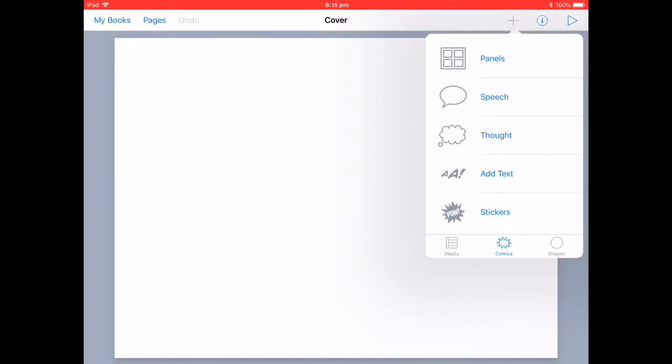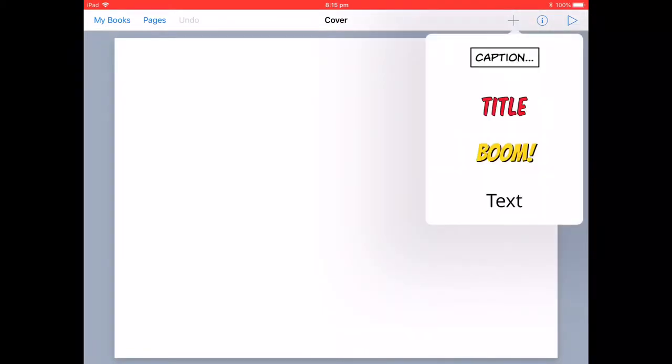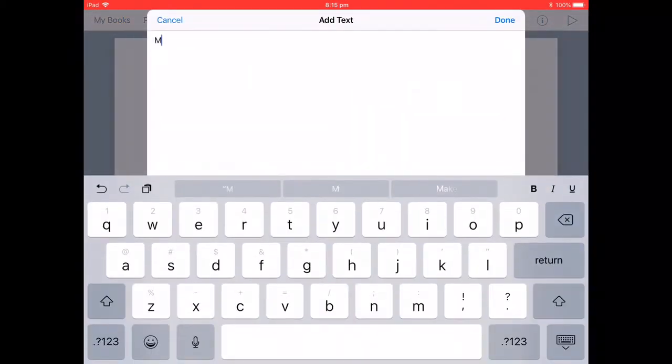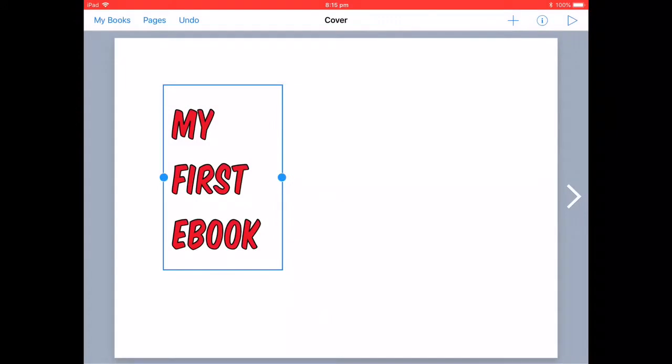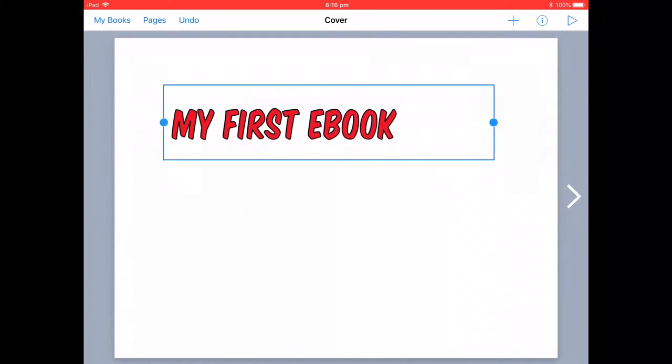So if I go add text, I'm going to choose a title text and type in "my first ebook". Click done. It's the same thing. It's too squished because the text box isn't wide enough. Finger on the blue circle, drag it across, and I can now make it big enough to fit